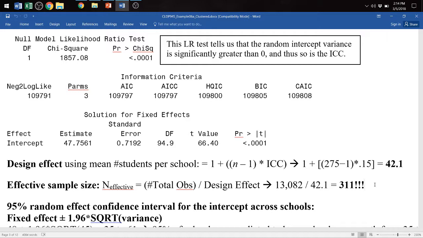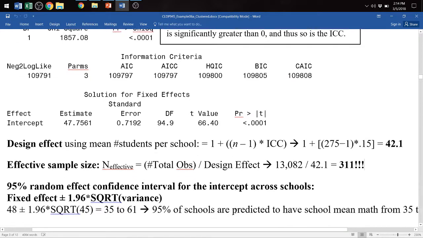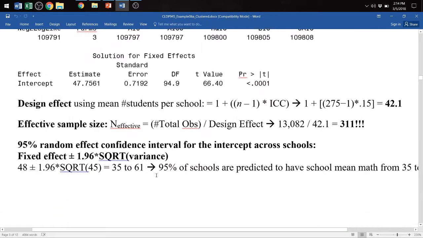It's an approximation because not all schools have 275 kids, but it points out that even a small intraclass correlation in samples designed this way has a huge effect. So I don't really have as many students as I think I do. I can calculate a 95% random